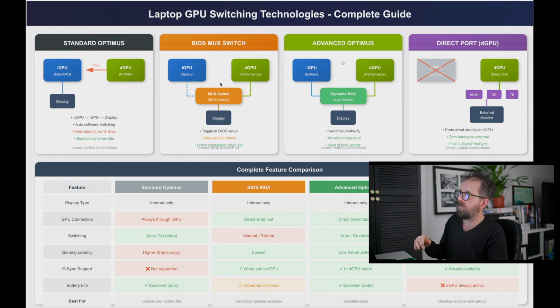So then they came up with a thing called BIOS MUX. Now what that means is, currently on the laptop I've got it set to Optimus in the BIOS, which means that my laptop display is rendering out through the iGPU. There's nothing I can do with it. If I want it to render out through the RTX 3060 all the time, I have to go into the BIOS, switch it to discrete,